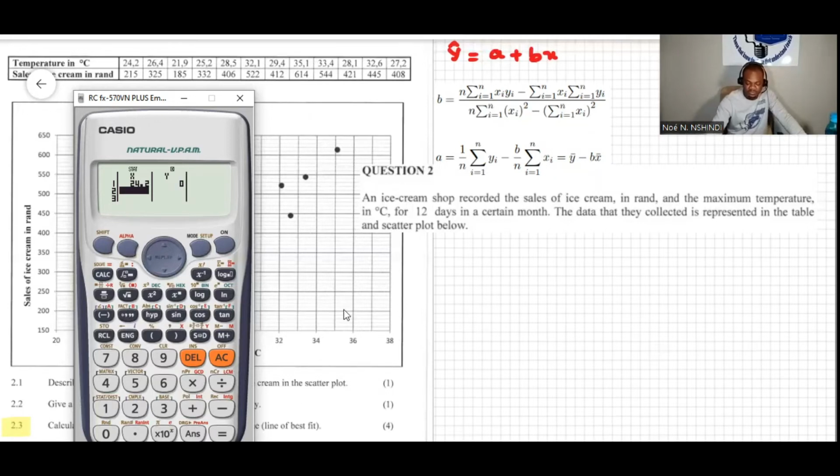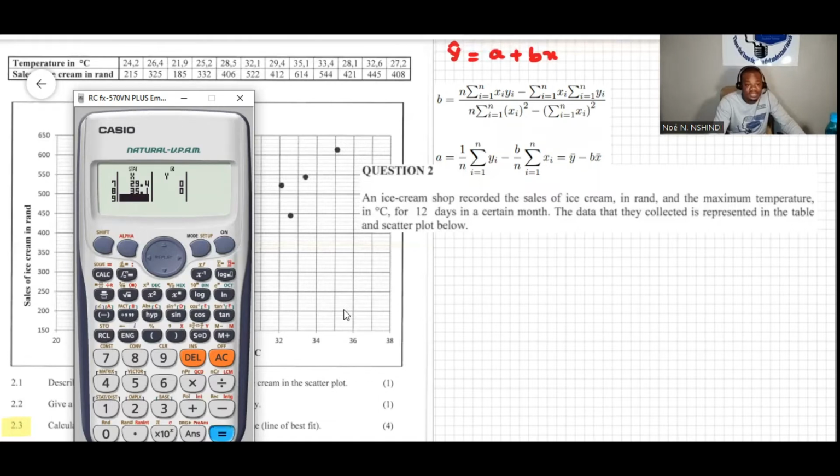Now the next will be 26.4, and then enter, and then comes 21.9, and then enter, and then 25.2, enter, and then 28.5, enter, and then 32.1, enter, and then 29.4, enter, and then